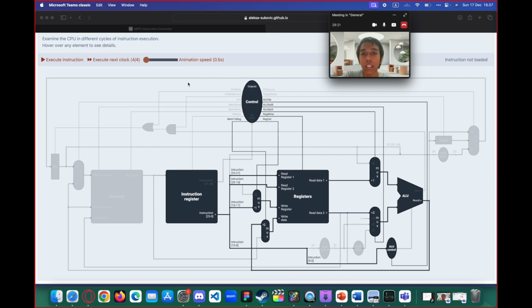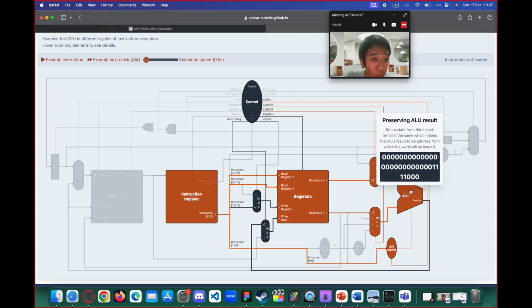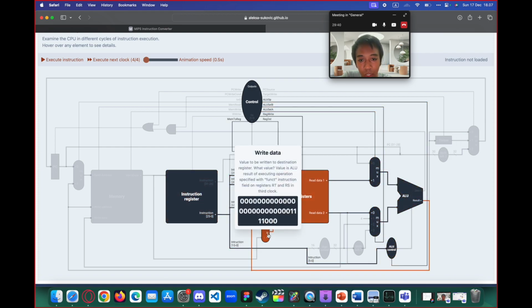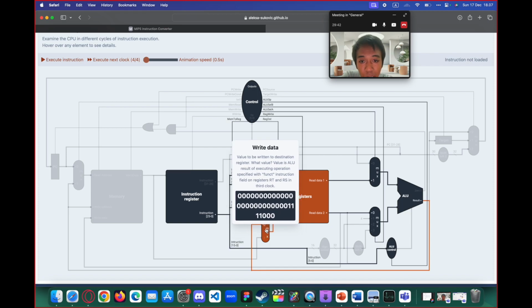So the last clock is the execution clock. What does it basically say? In the ALU, the entire state of the third clock remains the same, which means that the ALU result is the address from which the word will be loaded. So basically the result goes to here, and then this says the value to be written to the destination register.